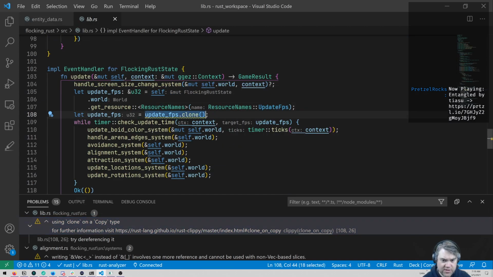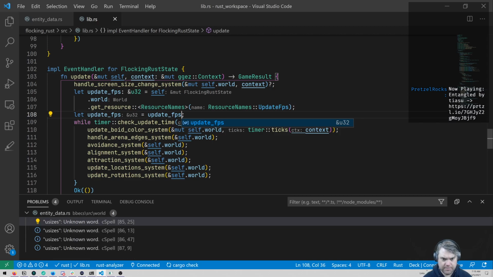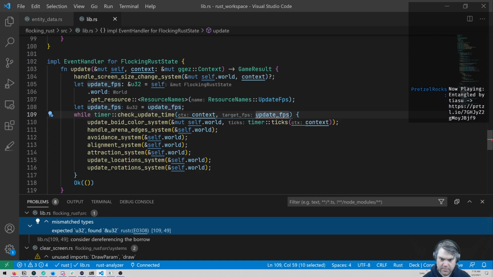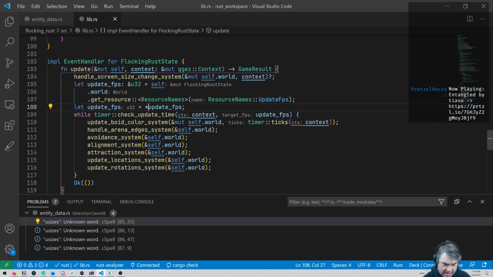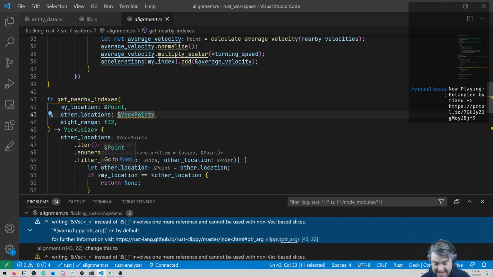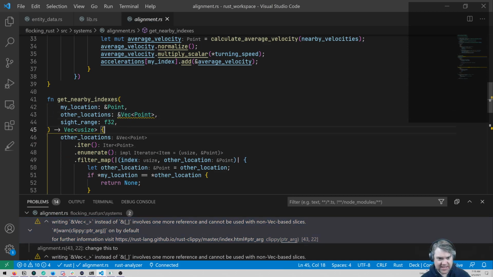Okay, so we don't need to use this clone here. It's going to auto copy. Oh, I think what I have to do is dereference here and it copies out. That's what it does. So it wants me to use that instead of the clone method. I have Clippy installed. Clippy is like a linter for Rust, and it's a lot more strict than even normal Rust, like the linter from RLS.